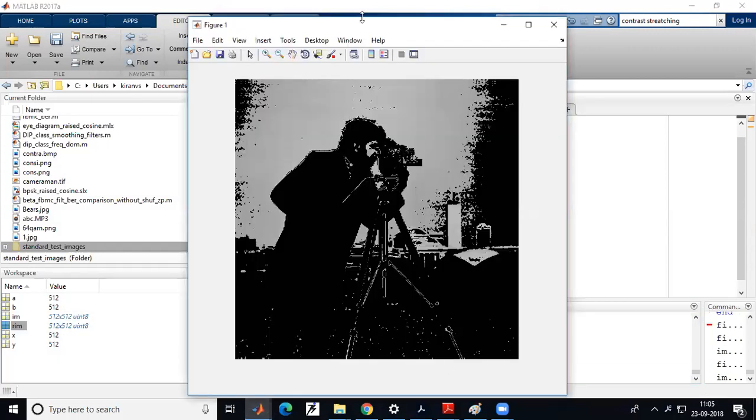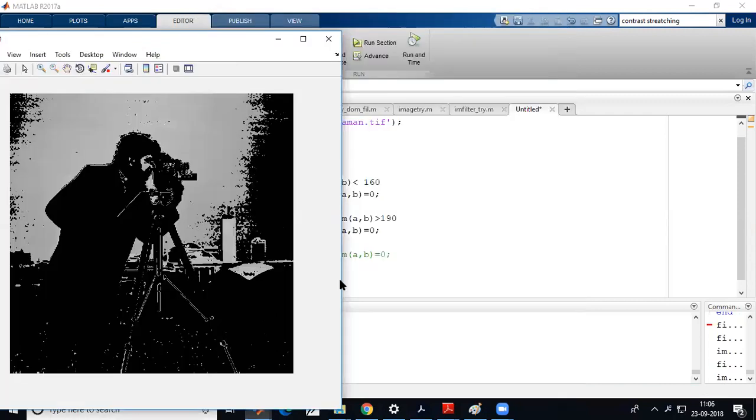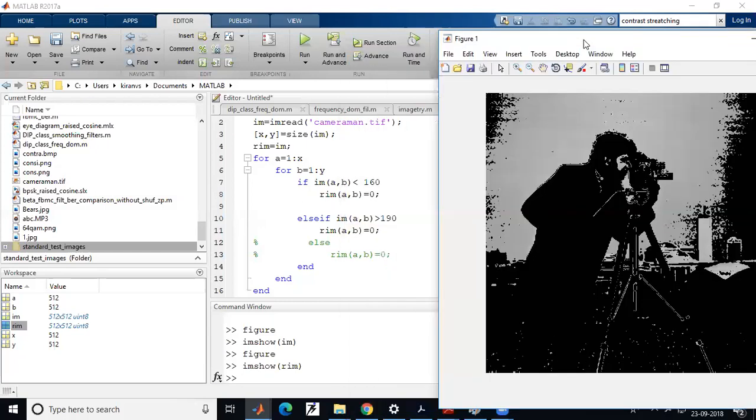And you can see what I have done is I have decided to make all values below 160 as 0 and all values above 190 as 0, so that I get to choose only that particular area. Maybe this is that particular area that I am interested in. In case of a medical image, it's the doctor's wish what he wants to keep. Other way is also possible.